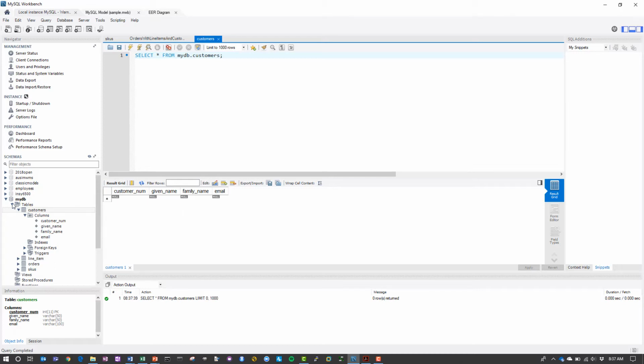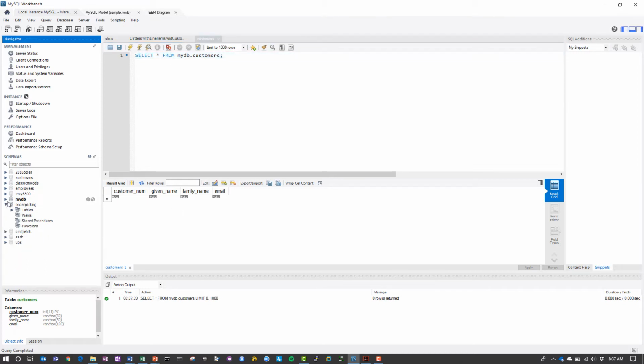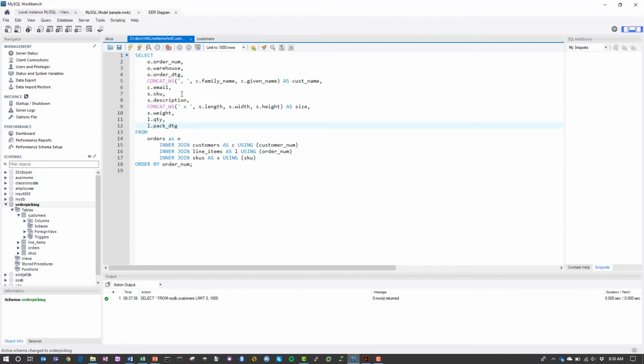But I said I wanted to demonstrate a couple of queries, so I'm just going to switch over to the order picking database. It's the exact same database, the exact same structure that we just built, except this version has some data. I'm going to show this one query that I generated, where I'm selecting the order information, the customer information, and the SKU information by joining the 4